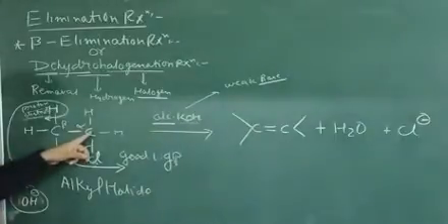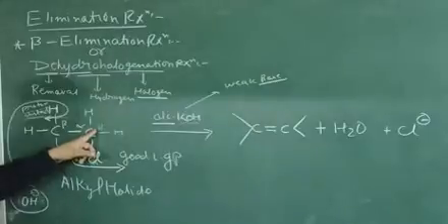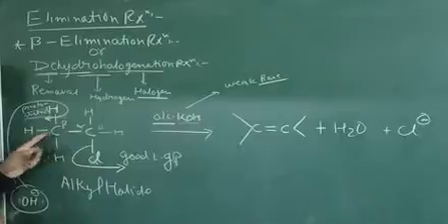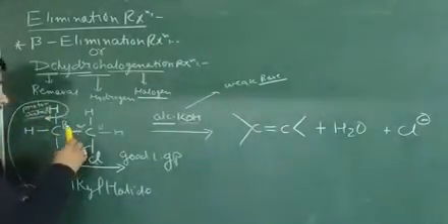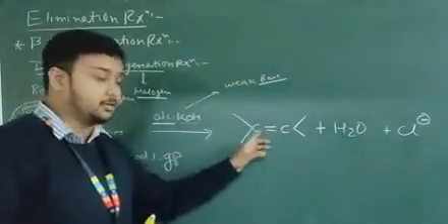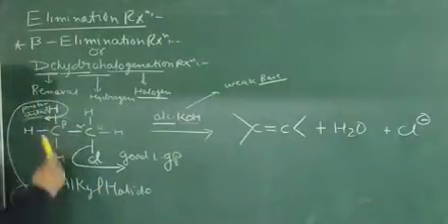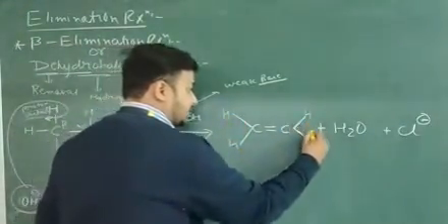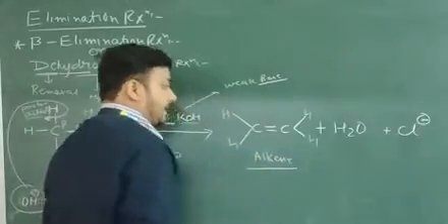This carbon will have a partial positive charge, which shows an electron deficiency occurring here, which is fulfilled by the electron transfer from the beta carbon after the proton is extracted from it. Clear? So now there is a deficiency of a bond between the carbons, which will be fulfilled by the double bond, because the electrons transfer from this beta carbon to the alpha carbon. So the CH2 with a double bond means alkene formation will take place.